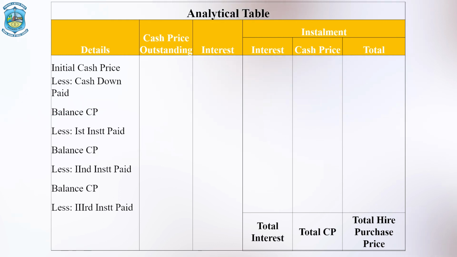So, if the amounts of installments are given to you in the question, you will deduct interest to find cash price. If the cash price is given to you in the question, you will add interest to get the amount of installment. Alright. Very simple to understand. So, vice versa, the same table can be used to calculate either of the amounts, whether the cash price or the installment total amount. Fine.